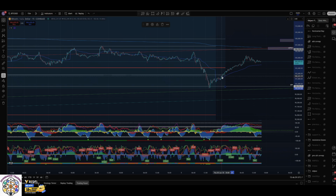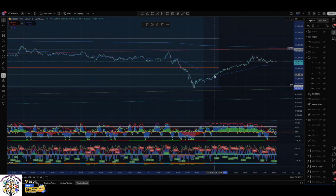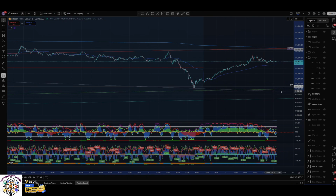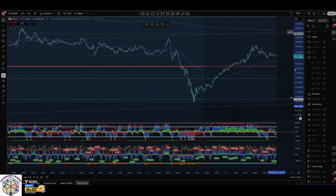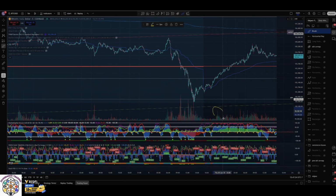But you can see we busted above the value area low, was able to even come back on very low time frames and back test that value area low. If we go on the 5-minute chart here, you can see it broke above, back tested it. And as we back tested that value area low, if we turn on our volume, you can see on the back test, we did have some volume step in on the charts, and we were able to get buyers buying the bullish back test, the very low time frame bullish back test of re-entry back within our range,